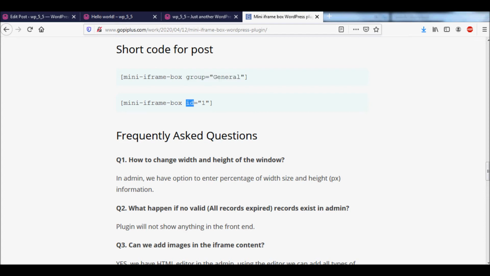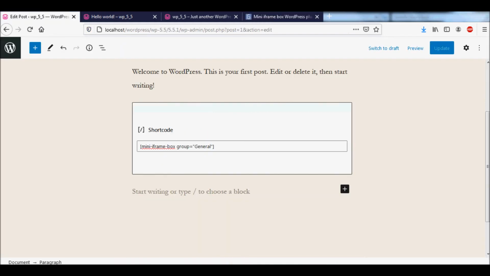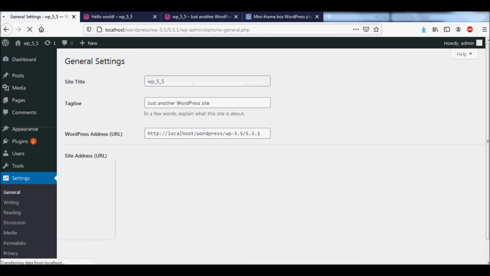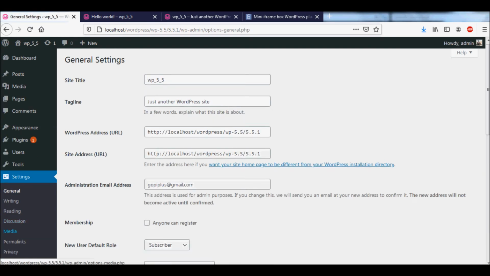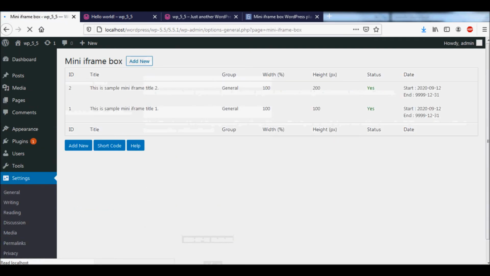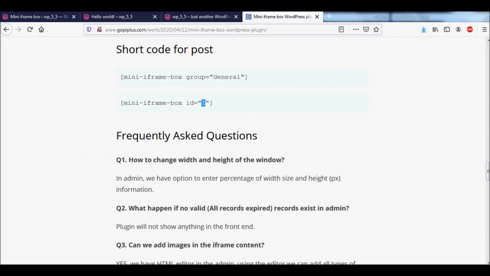In this case, ID equal to 1 means this particular message will always display in the front end. If I use the group option, any one of these messages displays randomly in the front end.